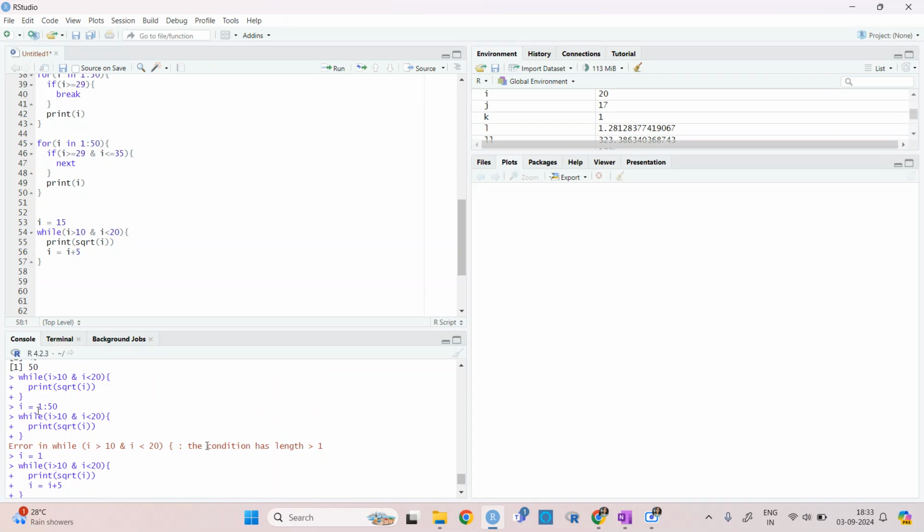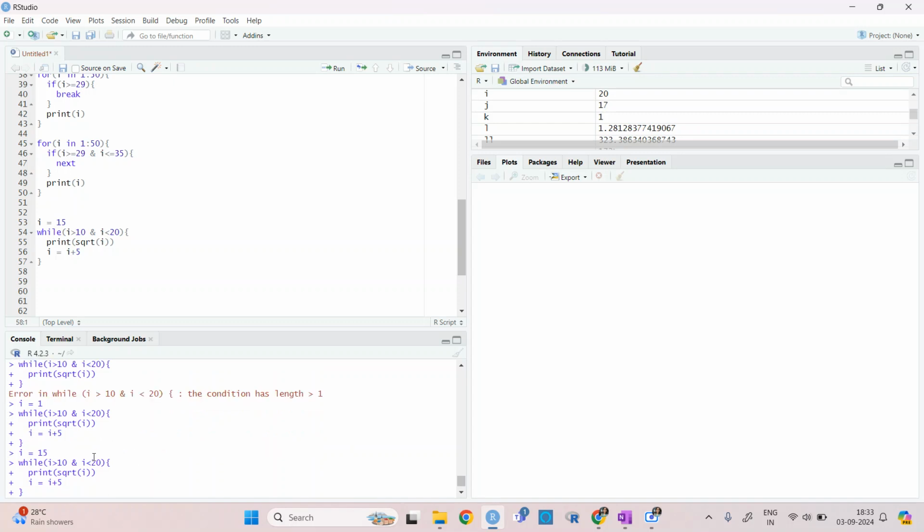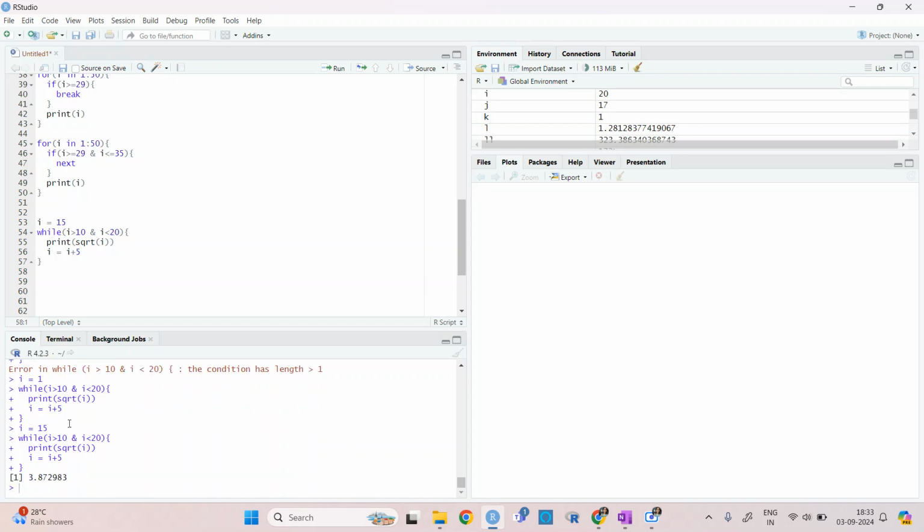That means I has length greater than 1, so it is unable to execute this firstly. The next time we have not received any answer because I was 1, so I was not satisfying any of these conditions, so the print of square root was not working. Now let's say I is equal to I plus 1, I'm writing.